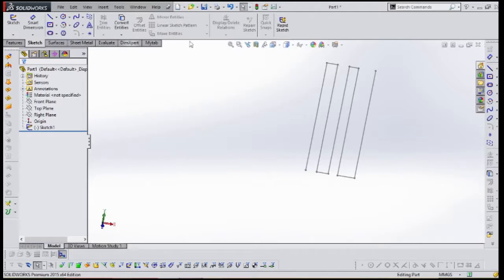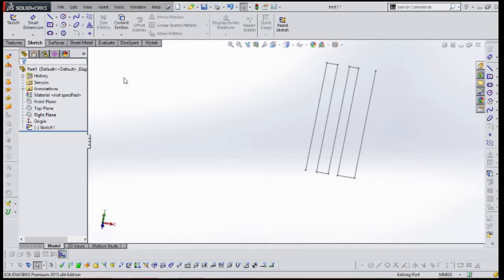Now this part is called our graphics window, where we do our main sketching. Every sketch or feature or anything we apply will be visible in this graphics area. Now coming to command options, there are many options, but I will discuss some to make our user interface handy.